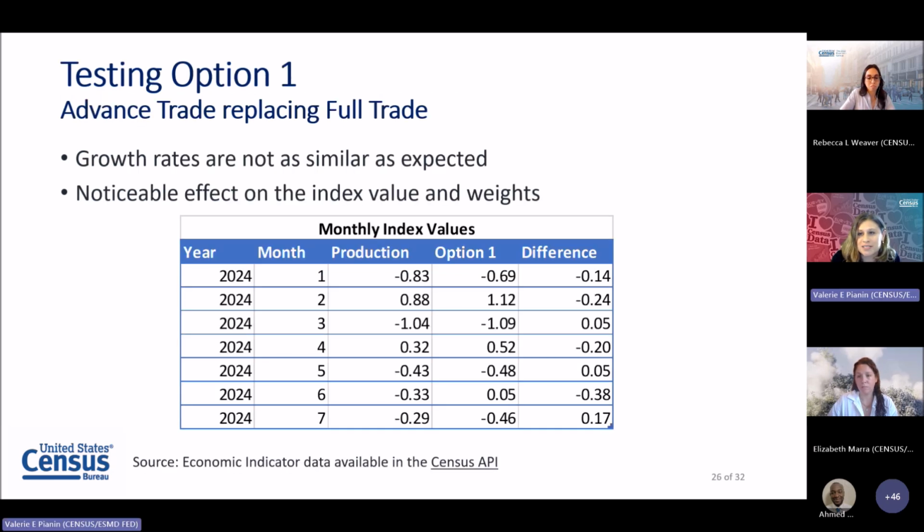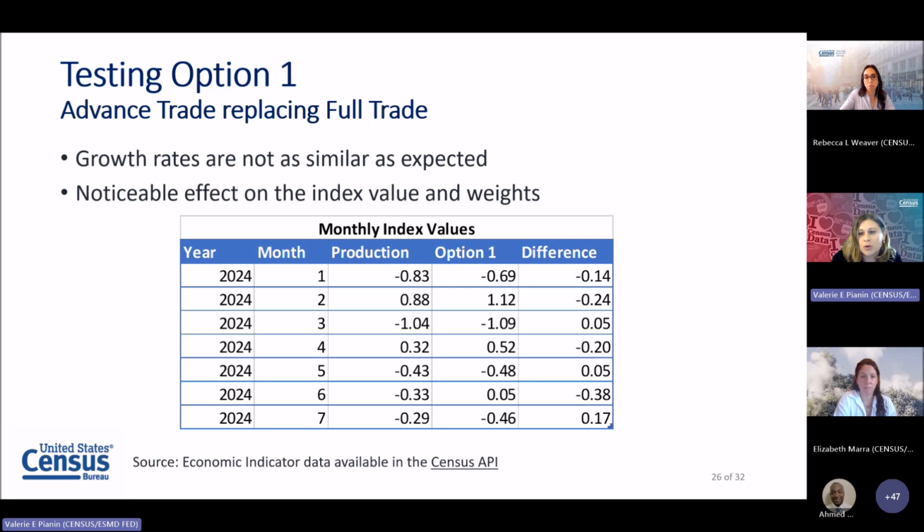Next, we tested the options. These methods were coded and run along with our daily production programs. So option 1, advanced trade replacing full trade. We expected the growth rates for full and advanced trade to be similar, but when we investigated, the difference was greater than anticipated. We also found that the use of advanced trade has a noticeable effect on the index value